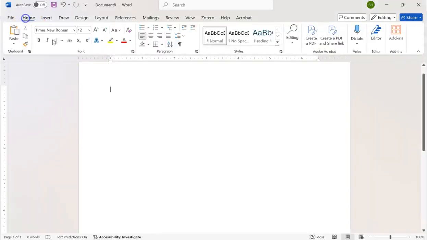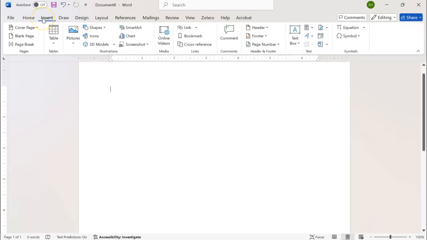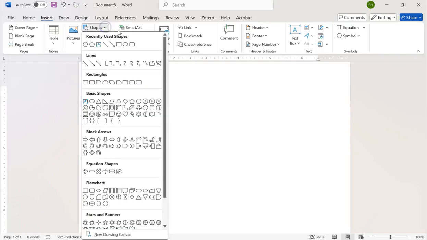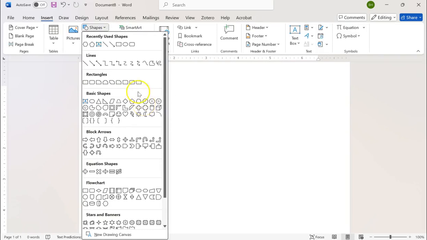In this tutorial, I'm going to demonstrate how to insert shapes and modify them in a Microsoft Word document. So in order to do that, I'm going to click on Insert in the ribbon, and then I'll find an option called Shapes. So click in here, and this gives you a drop-down menu from where you can choose a variety of shapes